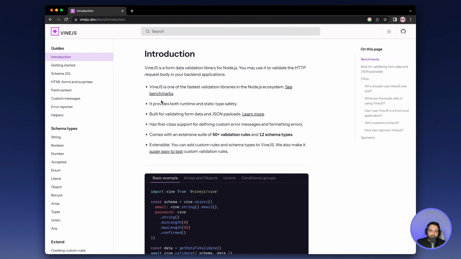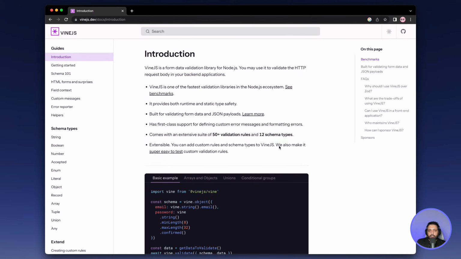There are a few reasons behind that. First, Vine.js code base is not new. We have extracted it from the AdonisJS validation module. We had the validator inbuilt inside AdonisJS since 2015. And I would say we refactored it so many times, and this time we decided to move it out of AdonisJS and make it a standalone library. Second,